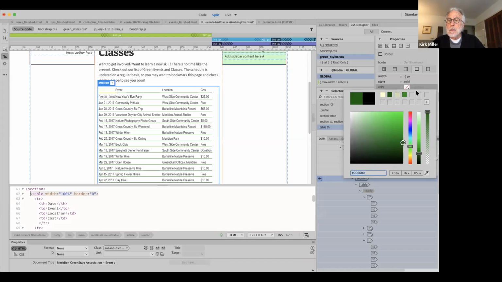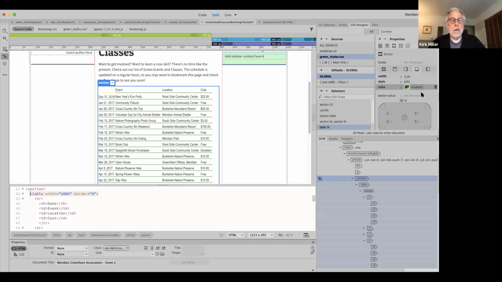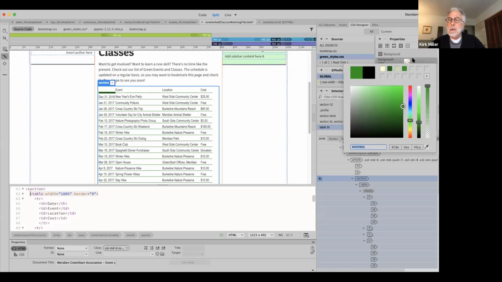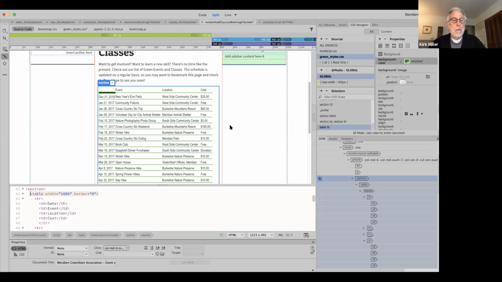Okay, so we'll click that. And that will be assigned there, the darker green. And then the background color is the one that I wanted. So we're going to go ahead and that will be this green here. There we go. So notice that date is changed, but it's still